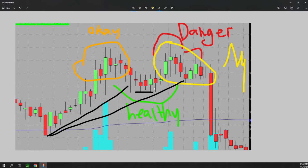Then you get a push, and that push does get stuffed, and it's a double top. I wouldn't fault anybody for selling out after that double top. I really wouldn't. I think that would honestly probably be the best sell here. Obviously it is for this chart, but we honestly felt like this had squeeze potential. So I didn't mind holding it after that double top, especially when it comes down and